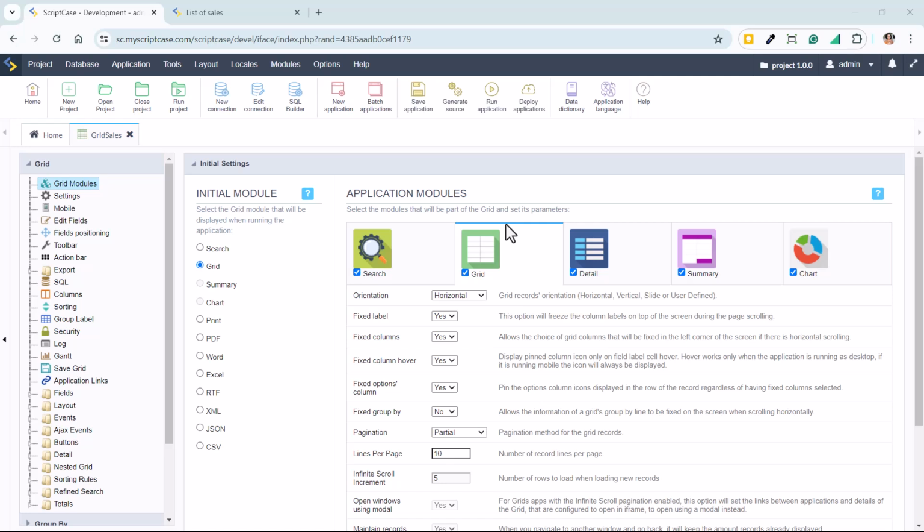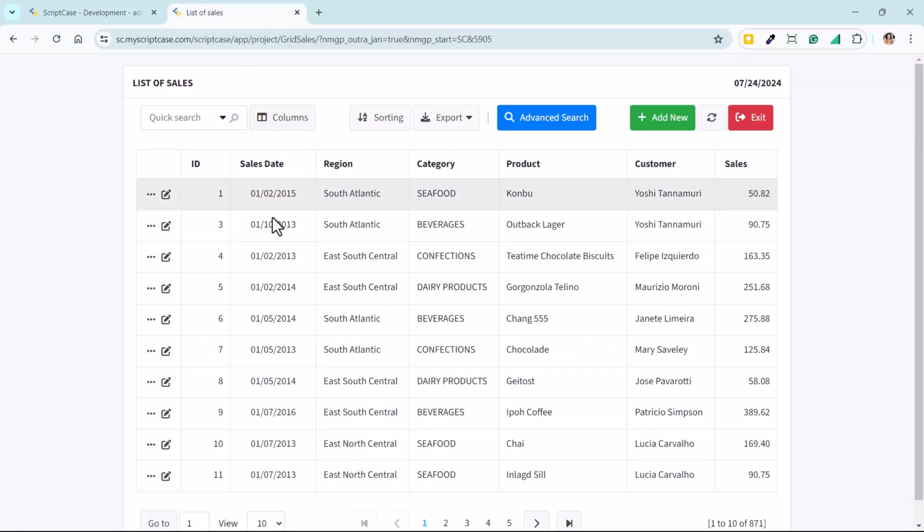When you create a grid with Scriptcase, you see that you're not creating only a simple grid. The grid is only one of the models that we have available within the grid application. This is a grid I have just created, and we can see that the initial model is set as grid. It means the application will be in this grid format, the horizontal one, with horizontal lines.